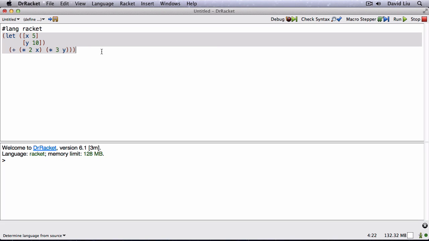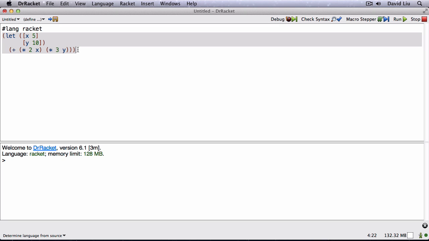Hey everyone. At the end of today's lecture, a student asked me, how would we actually go about implementing let in the Lambda calculus, for example? And this is a pretty good question because in the Lambda calculus, everything is a function, but let seems to behave a little bit differently than just a regular function because it first binds values to names and then uses those names later on. However, there's a very simple idea that allows us to convert let expressions into regular old